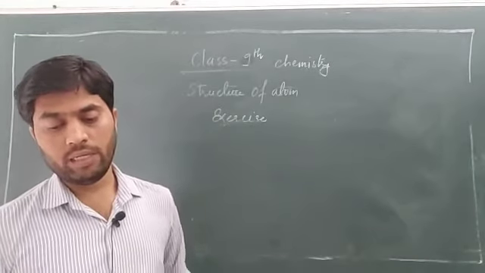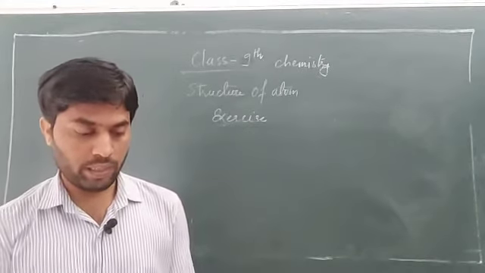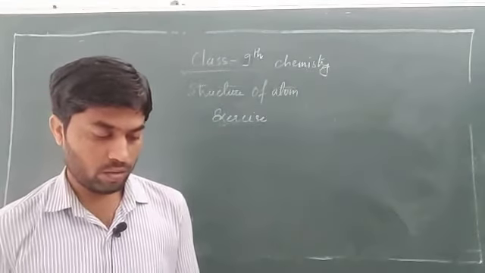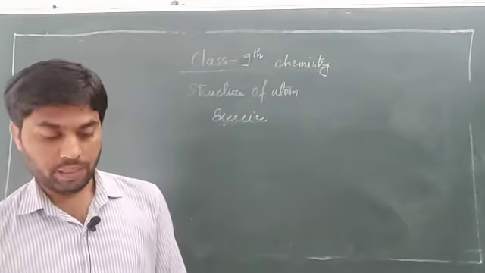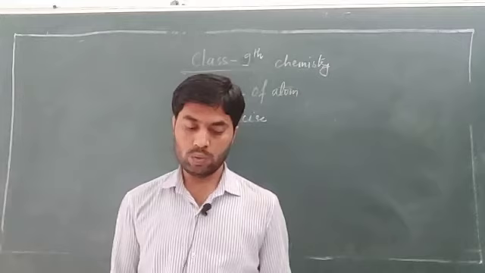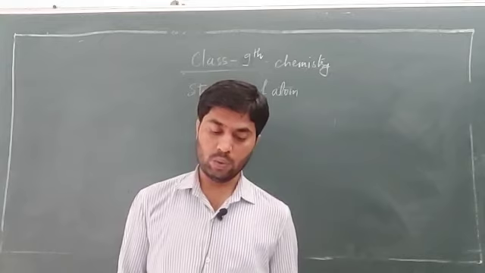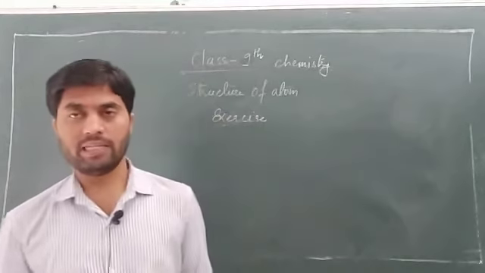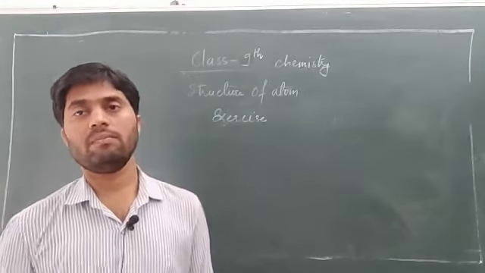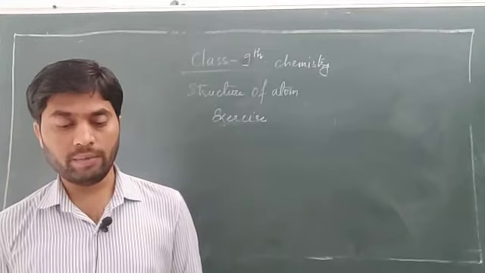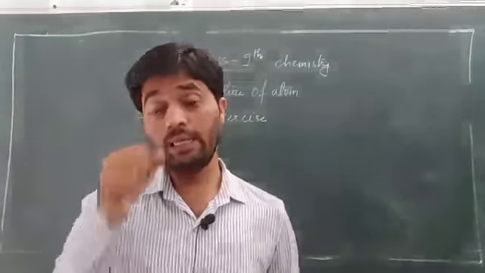Okay. Now the uses of isotopes. The uses are given on page number 53. An isotope of uranium is used as fuel in a nuclear reactor. An isotope of cobalt is used in the treatment of cancer. So many examples and uses are given here. You can add more examples from the internet. Okay. So here we have completed the 8 questions. After that we will see in the next lecture.